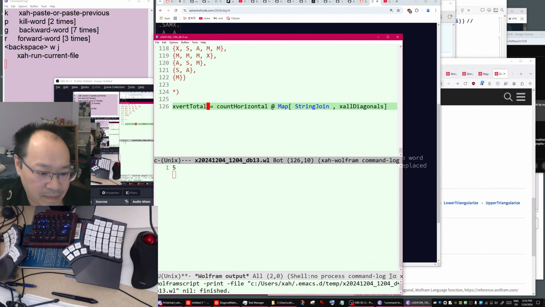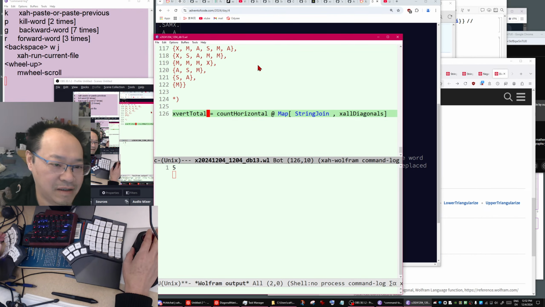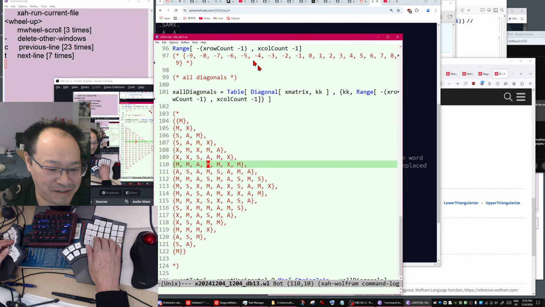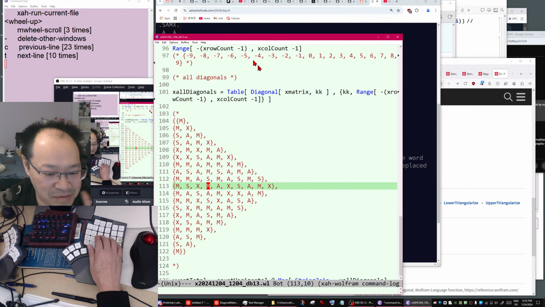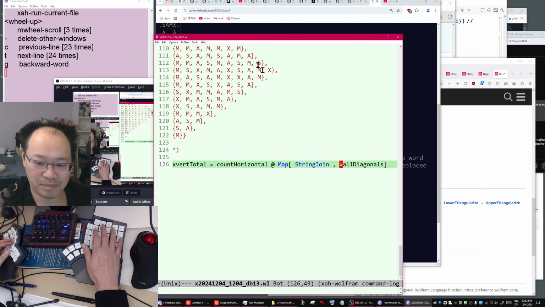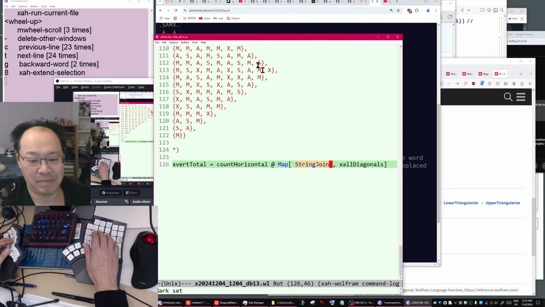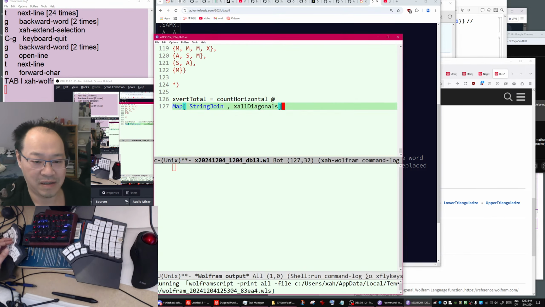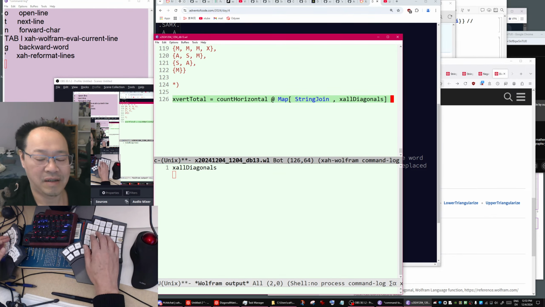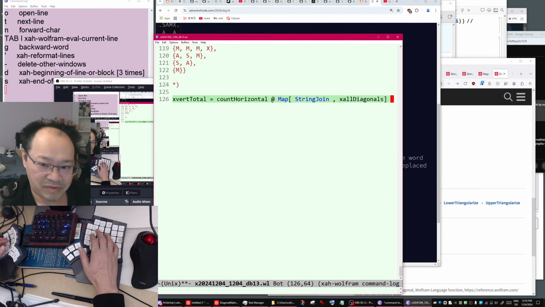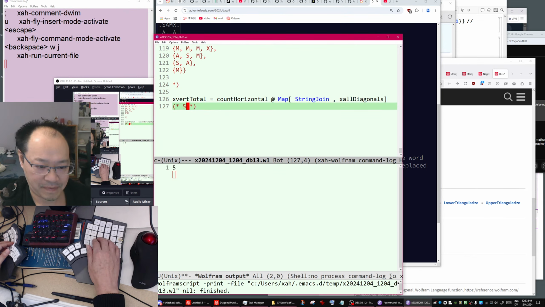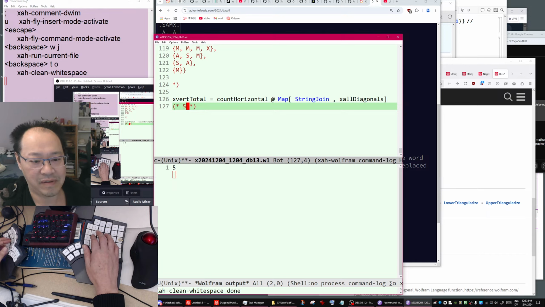Let's see. 5. Is that correct? So let's say X must, there's 5 occurrences. It's hard to see from here, but we could, if we want to, by just running this line. Yeah, let's try. Oh no, but we don't have the variable. Okay, but it says 5. Yeah, it says 5. Okay.